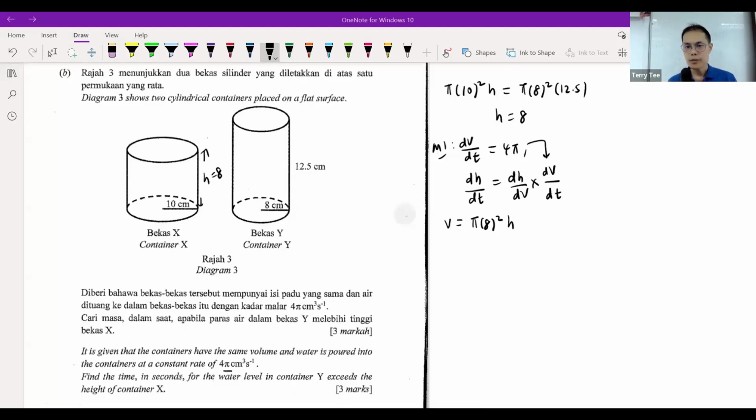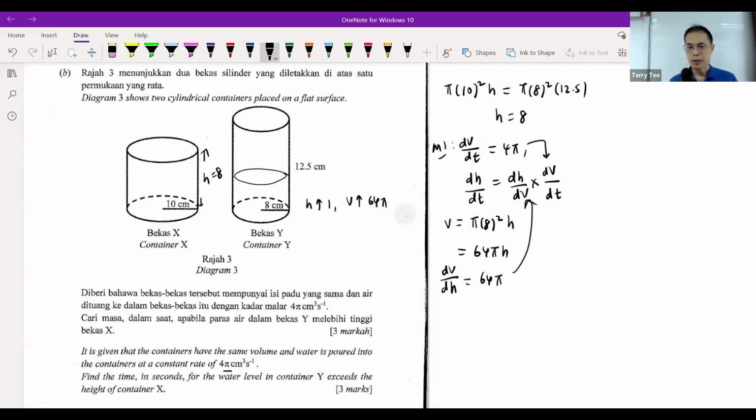So this will give us 64 pi h. So your dV/dh, when you differentiate, it's a constant rate, 64 pi. Meaning for every increment in height, if your height increased by 1 cm, the volume increases by 64 pi. But what we need, why do we do this, is because we want to sub inside here to find